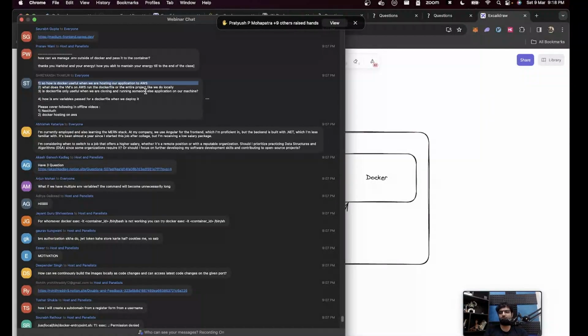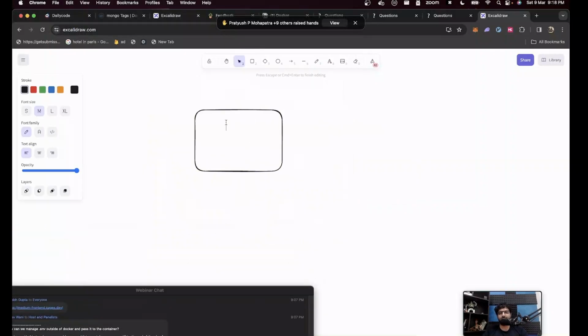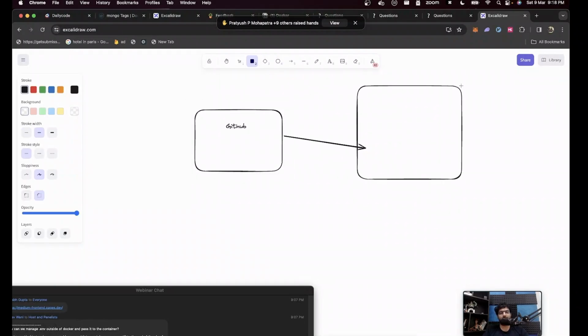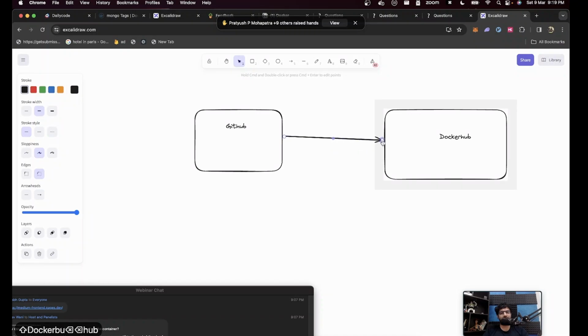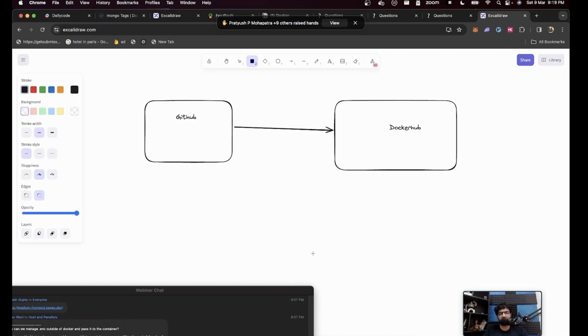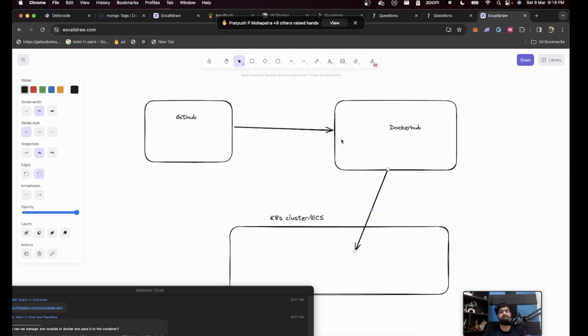How is Docker useful when we are hosting our applications to AWS? It's not useful if you host it on an EC2 machine, but eventually we will see, this is GitHub. From GitHub, anytime there's a commit, you push your new image to Docker Hub. And then once you've pushed this image to Docker Hub, usually a Kubernetes cluster or something called ECS inside Amazon will pull this latest image and start it automatically.